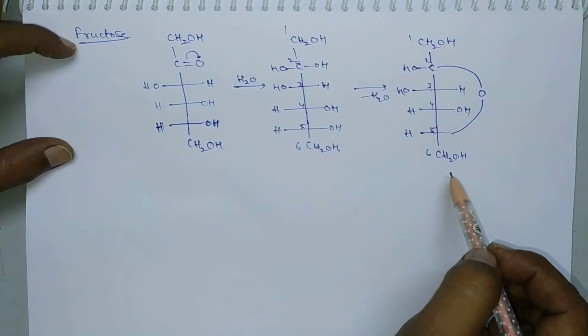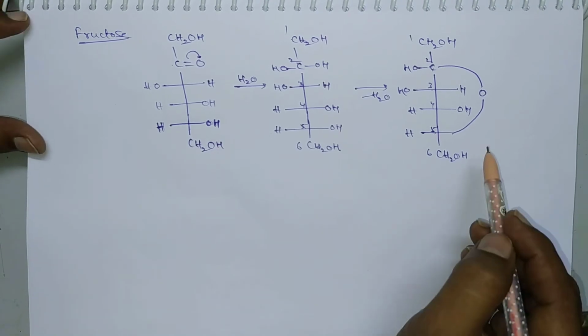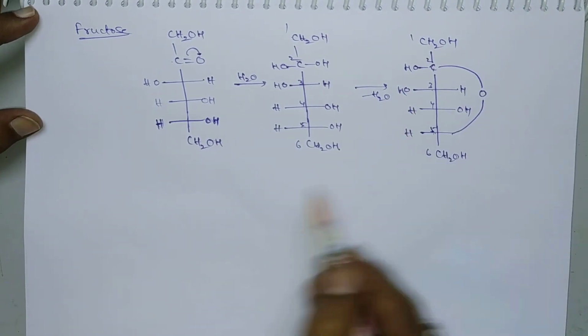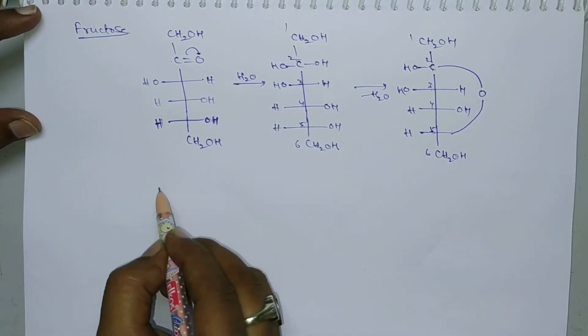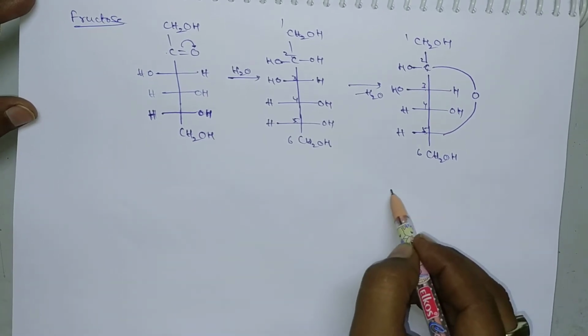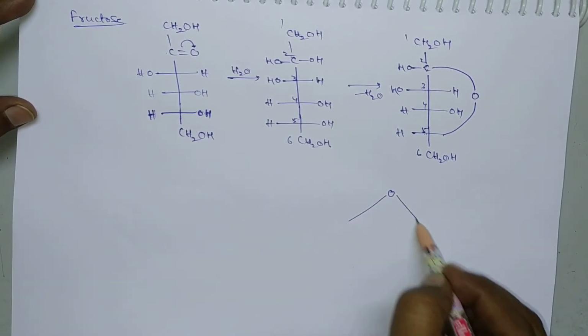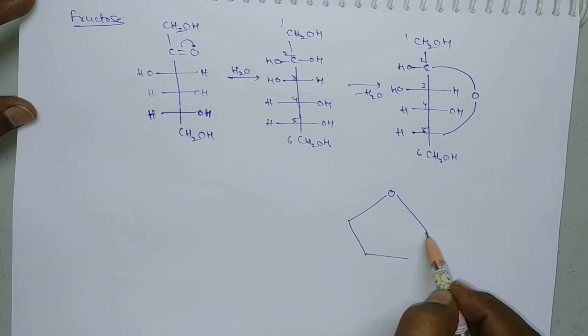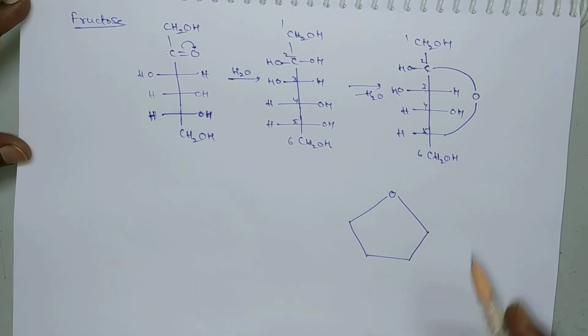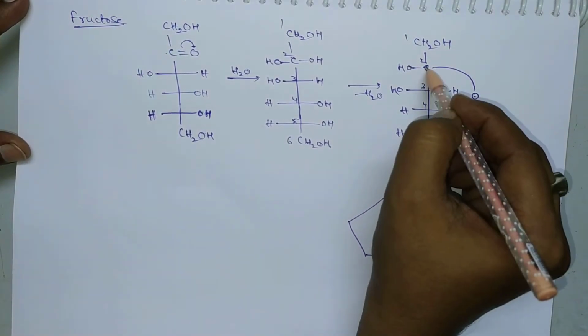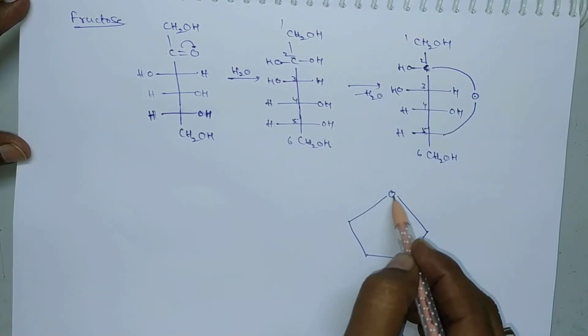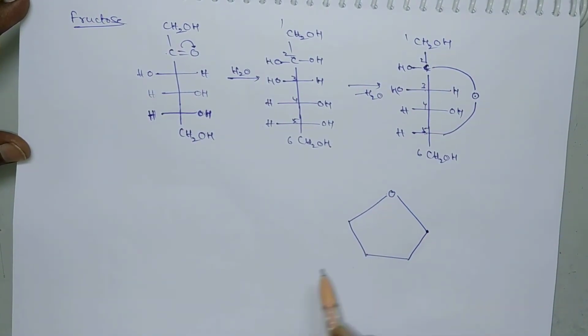So this is the Fischer structure. So we have to convert it into the Haworth structure. Since it is a 5-membered ring, it should be like this. One of the elements is oxygen and it exists as a 5-membered ring like this. So this is a 5-membered ring. So this is oxygen. So adjacent to oxygen, the carbon is second carbon. So adjacent to oxygen, it will be second carbon.